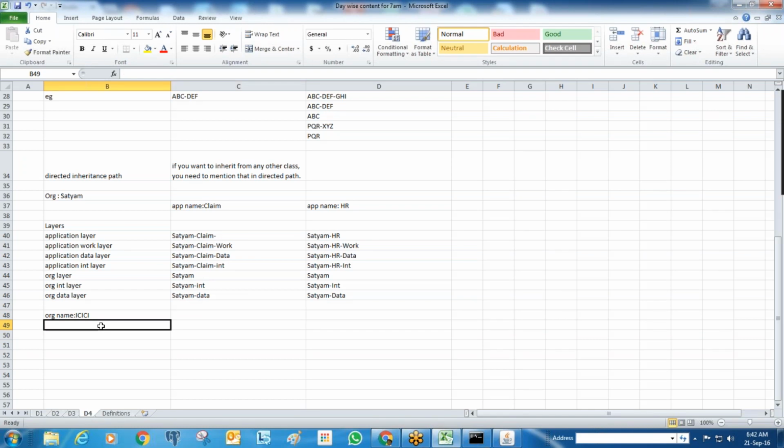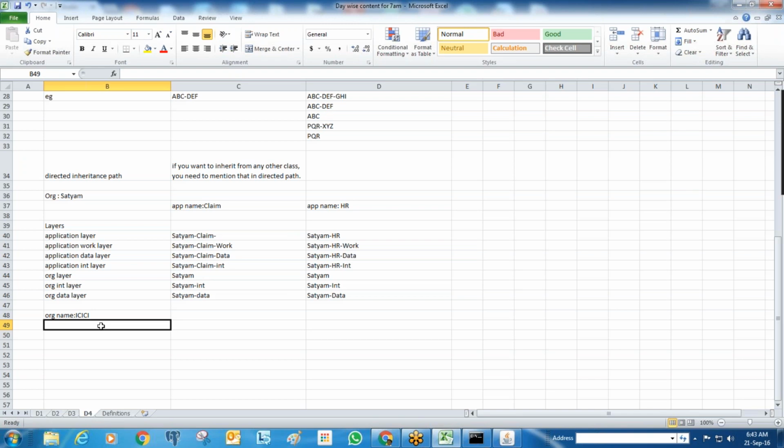So if the lines of business are very few, let's say some companies are just doing two functionalities: one is revenue booking, one is a payment system. So the functionalities are just two. For them, dividing the organization by line of business is easier, because they are not doing much. But ICICI is a big company and they are doing a lot of functionalities.